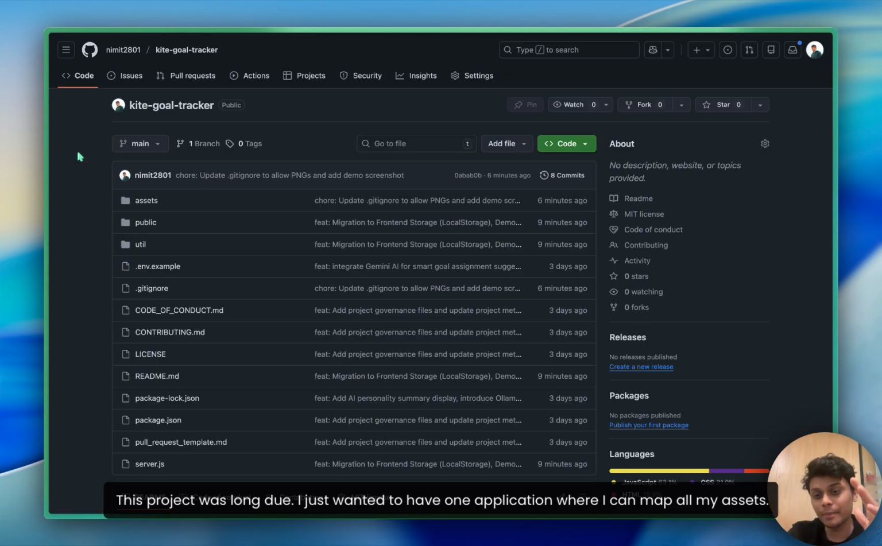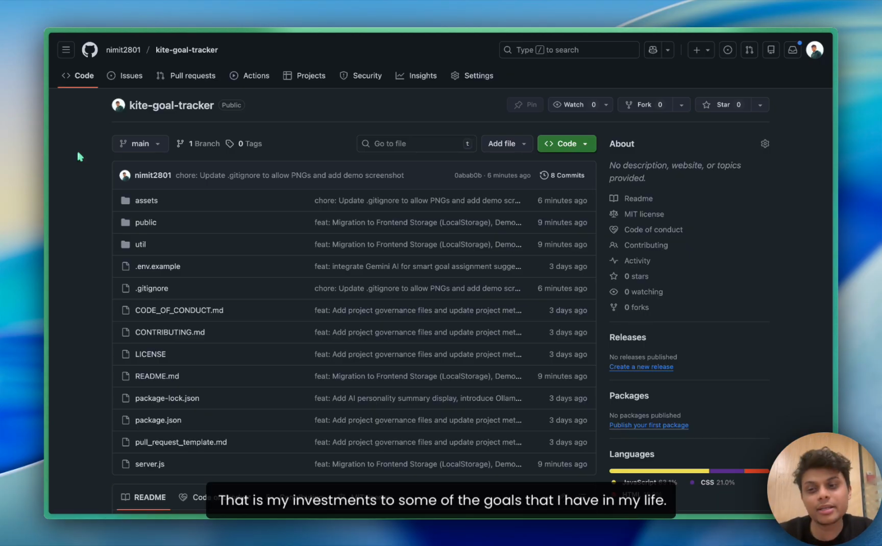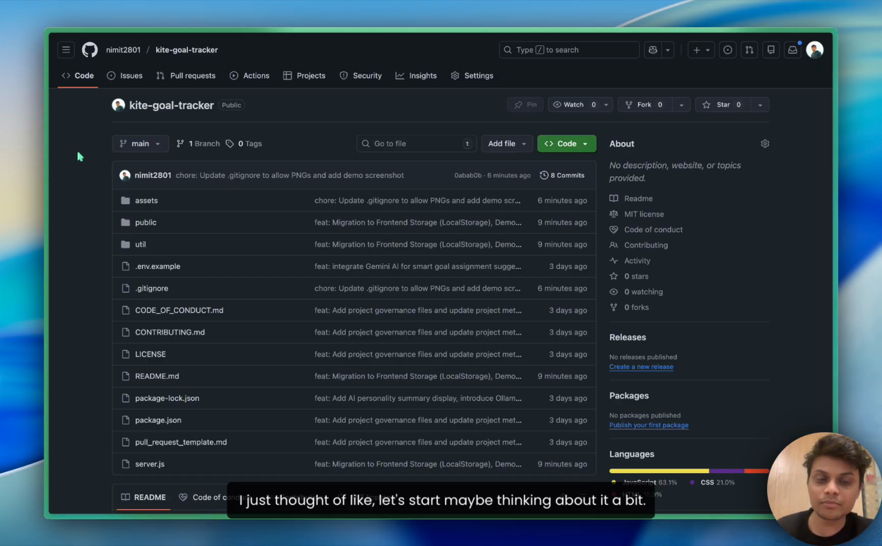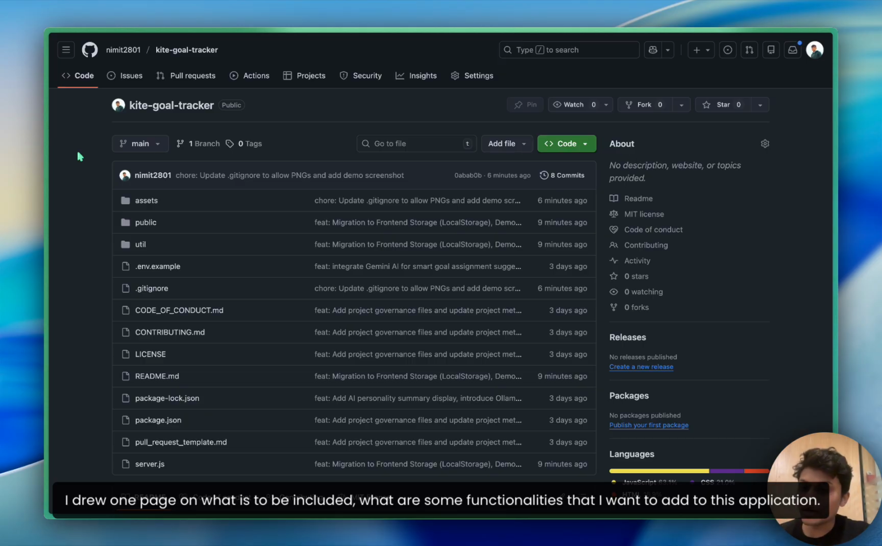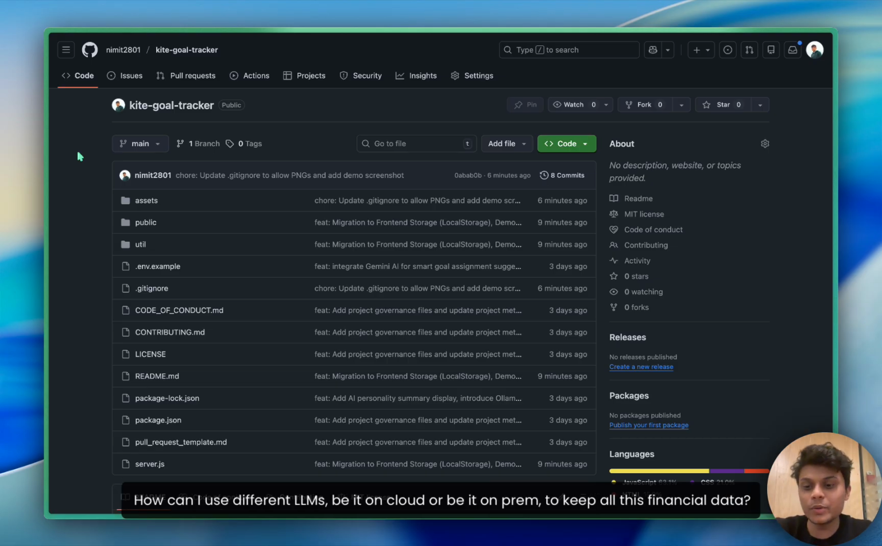I just wanted to have one application where I can map all my assets, that is my investments, to some of the goals that I have in my life, right? And I just thought of like, hey, let's start thinking about it a bit, and then I did a one pager on what is to be included, what are some functionalities that I want to add to this application, and how can I use different LLMs, be it on cloud or on prem, to keep